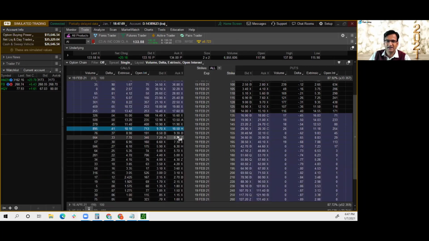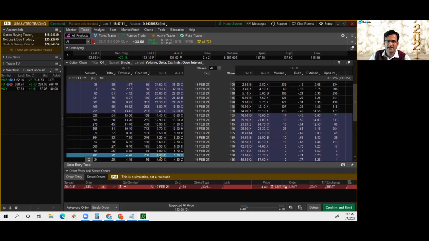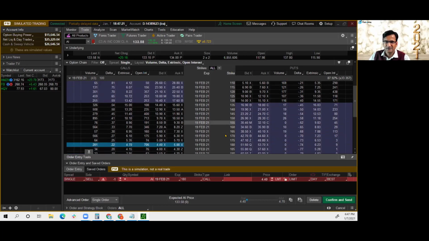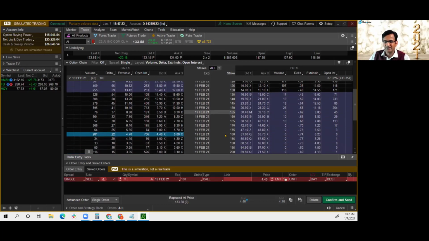I can go ahead and sell a call at, say, 180. AI is at 135 for now, and I own 100 shares. I don't want to give away my shares, but I also want to generate some income